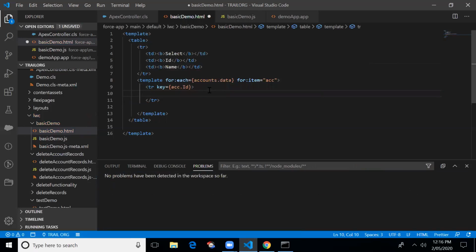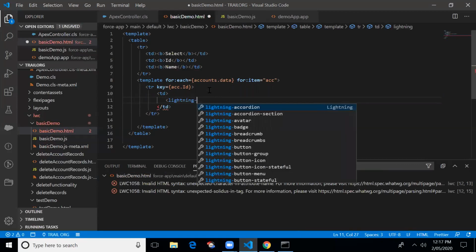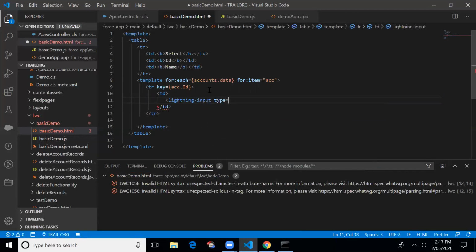Next td. In this scenario, we'll try to get the record ID whenever the user keeps on selecting a record, and when the user clicks on the delete button, we are going to delete the record from the backend. So lightning-input, here I'll be creating a radio button, type equal to radio, name equal to radio button.